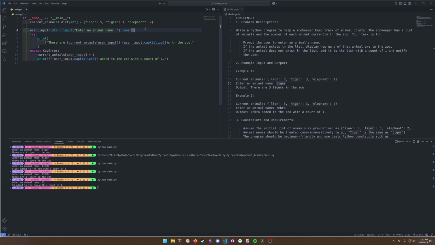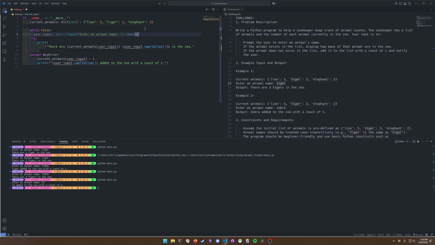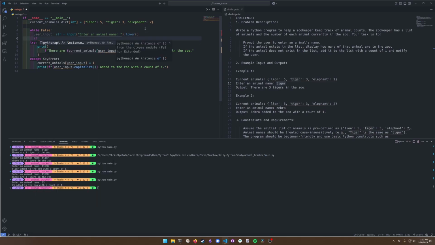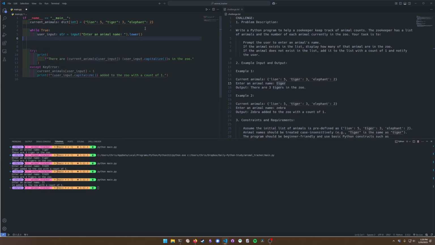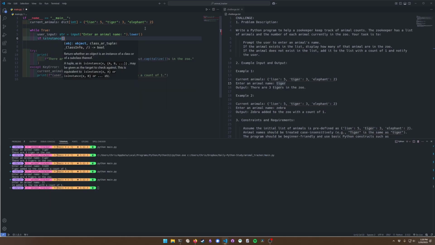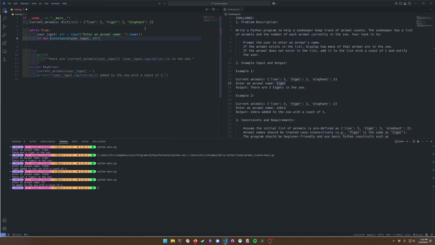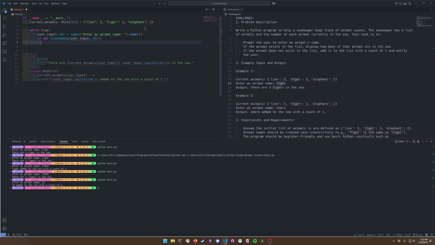Like, that doesn't make any sense, right? So while false, and we will do, maybe while true is better. Maybe while true is more clear. We're going to do a while loop on this. If isinstance user input, star, or not star, string. So if it's not, then